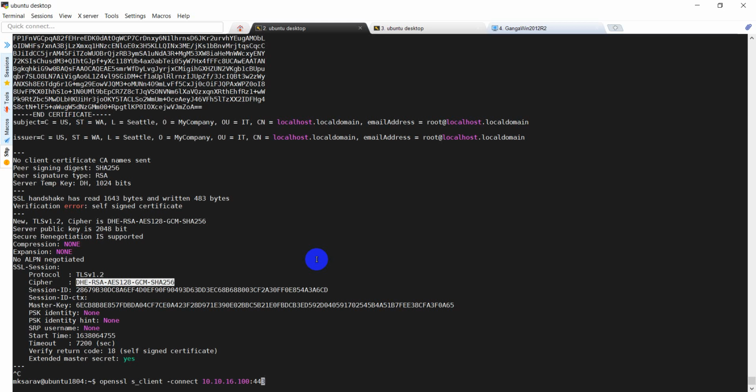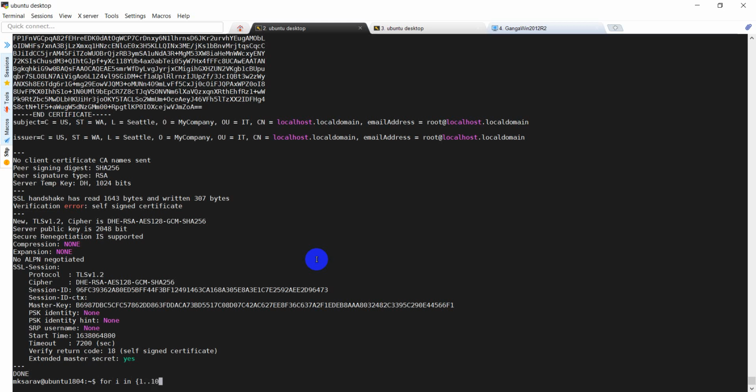So I will say s_client -tls1_2, and hard code the cipher. I want to use only this particular cipher, not any other cipher. So let's connect again. I have to press Ctrl C to come out of the prompt, or what I can do is pass echo -n. Echo -n sends a newline character, which will terminate the connection and return the command prompt. I will run this 10 times. How do I do that? For that, I write a shell script.